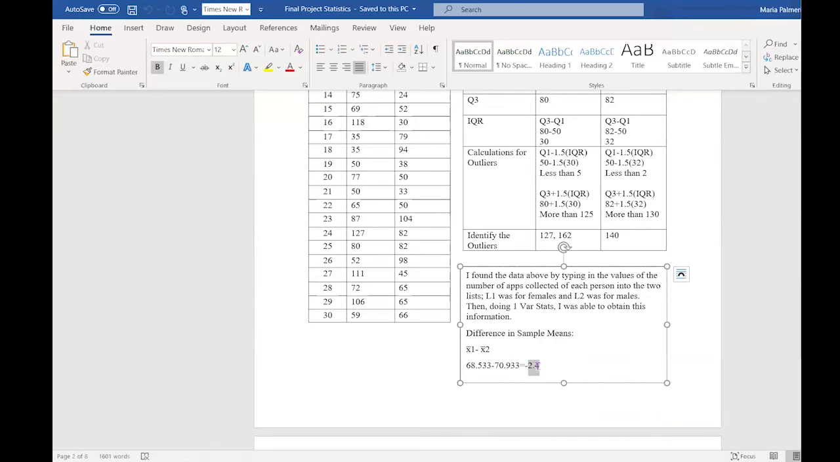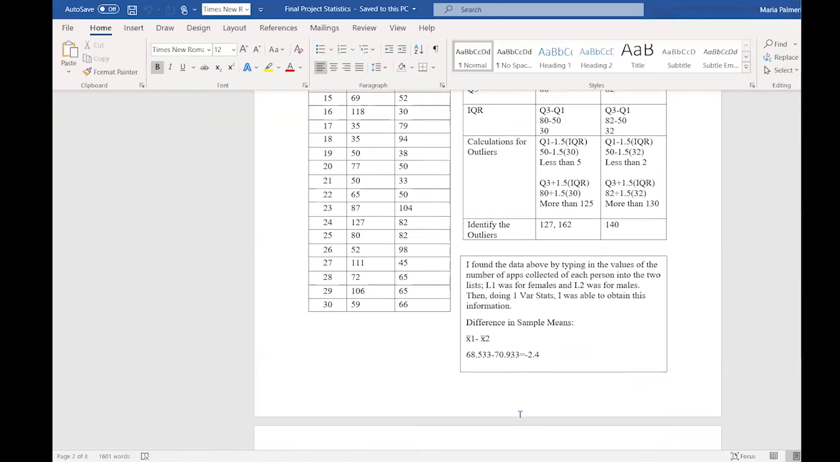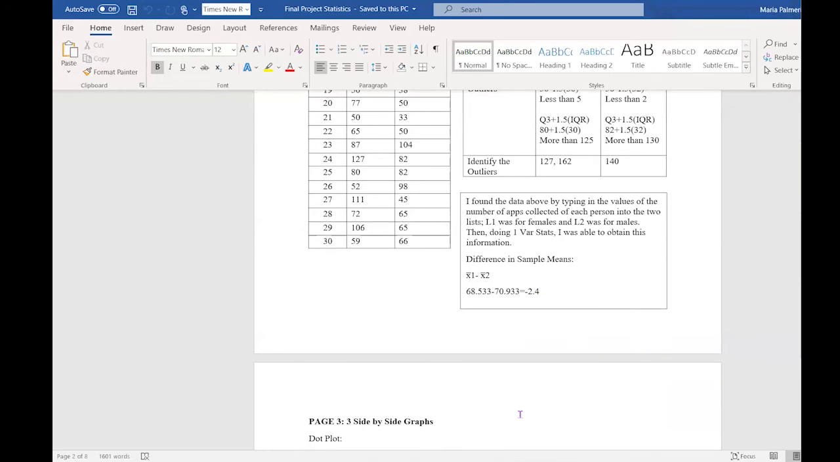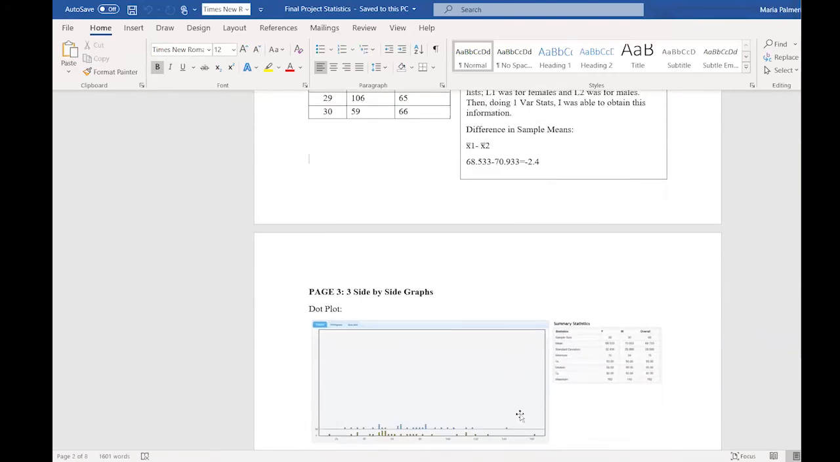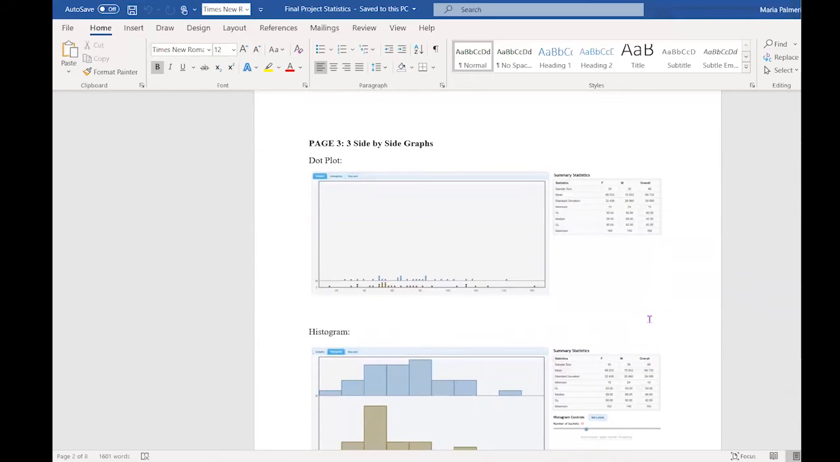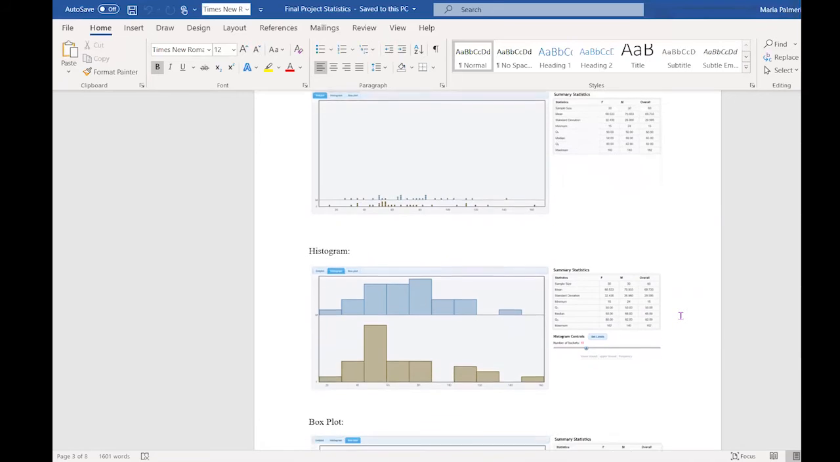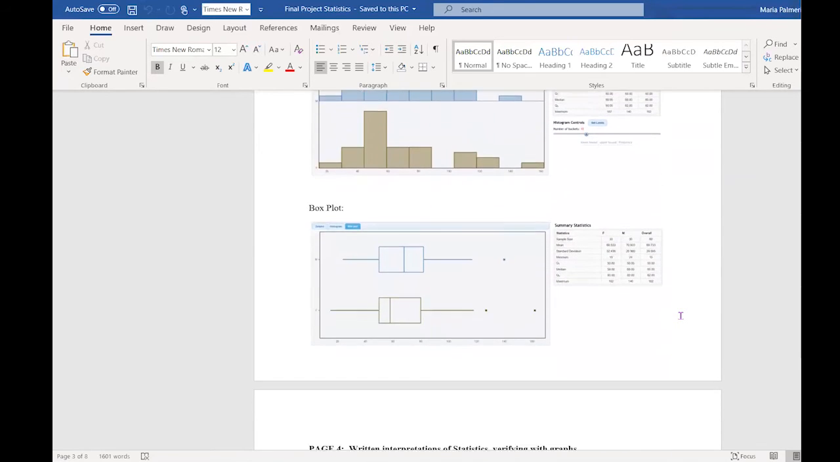And this value, this 2.4, that was the negative 2.4, that was a pretty big value for the whole project to have that difference. And then this was just displaying the data differently. Again, I'm not really sure because all your projects are a little bit different. But you'll probably need some sort of descriptive statistics like this, either in a dot plot, a histogram, or a box plot